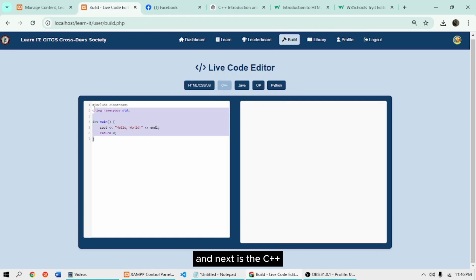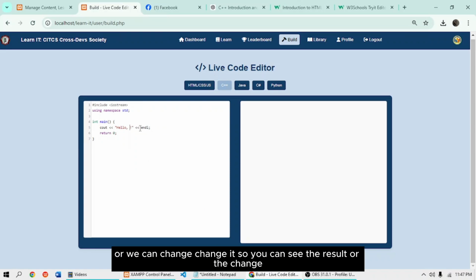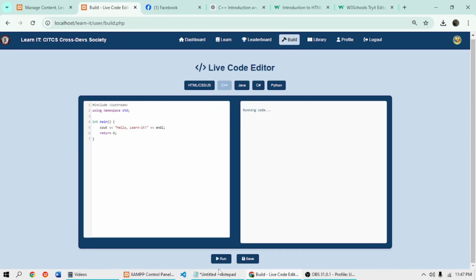And next is the C++. Just hit the run button, or we can change it so you can see the result or the change. Running. That's it. Next, Java.